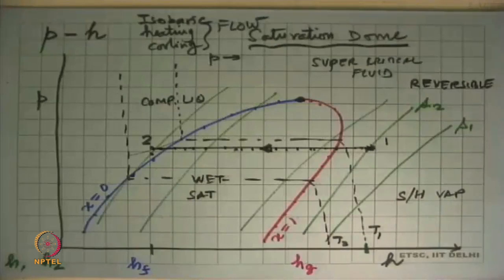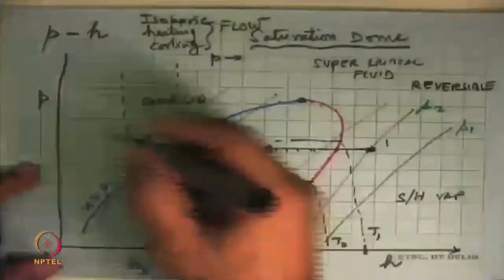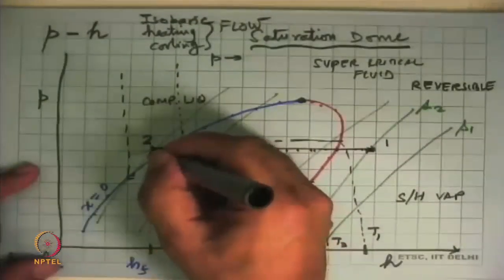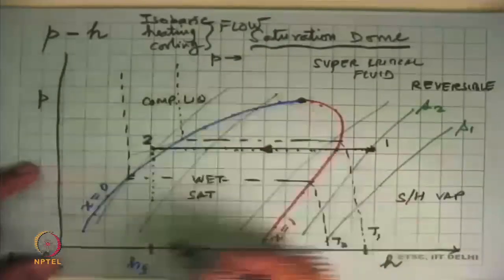The next thing that happens in the refrigerator, and we can now see yet another process that happens there, is throttling. In the previous module, I discussed that if potential energy changes are very small, kinetic energy changes are small, it is adiabatic, no work transfer, steady state, then inlet and outlet enthalpies are equal to one another in a throttling process. So in this diagram, H equal to constant will be a vertical line, and that's what we do in a fridge or an AC, that after this thing, the fluid is throttled and brought down to a low pressure.